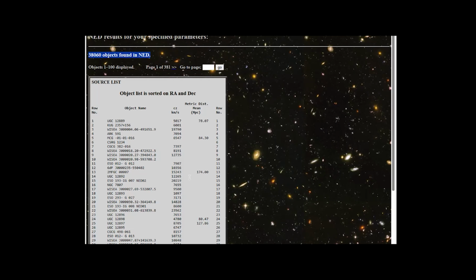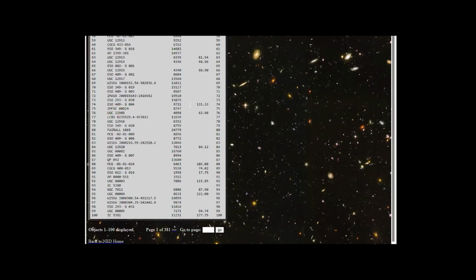So that means there's 38,000 spirals in the database. That's nowhere near all of the spirals, but that is still a lot. If you scroll down to the bottom here, you'll see there's only 100 rows of data. But also read down here at the bottom, it says that this is page 1